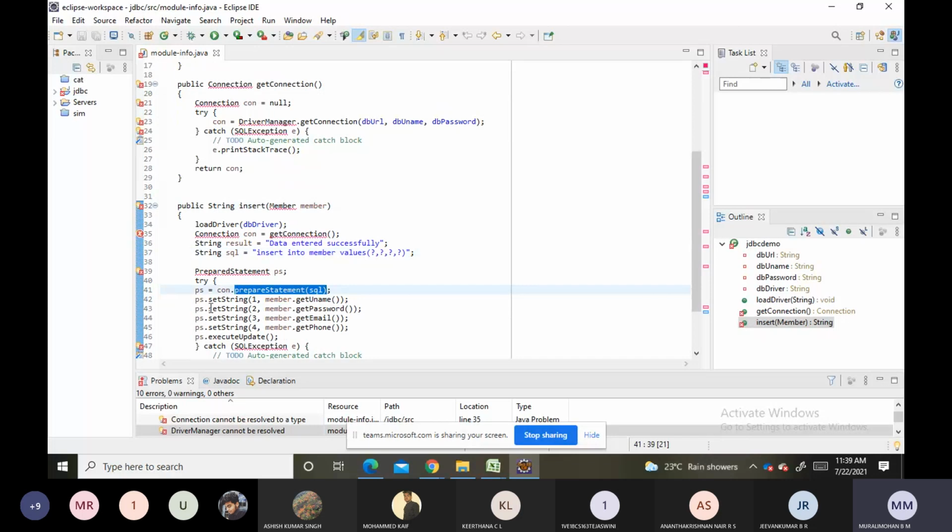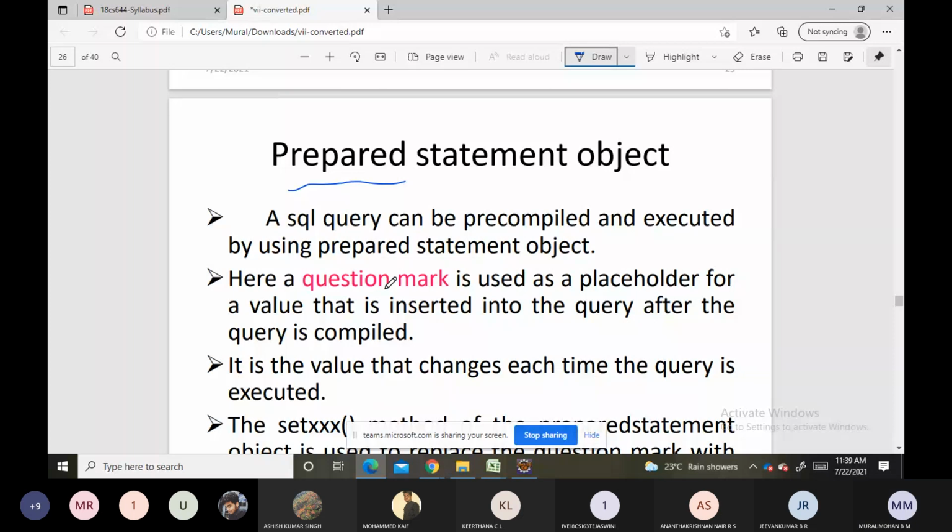Whenever we execute this, next we execute ps dot set string of 1, as we are reading some get name from the form. Similarly, ps dot set string of 2, so the second placeholder will be set by the value we are reading here. So this is the prepared statement, right?